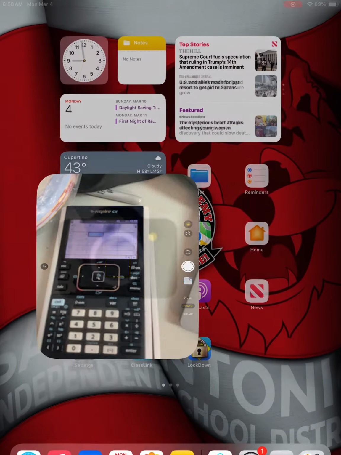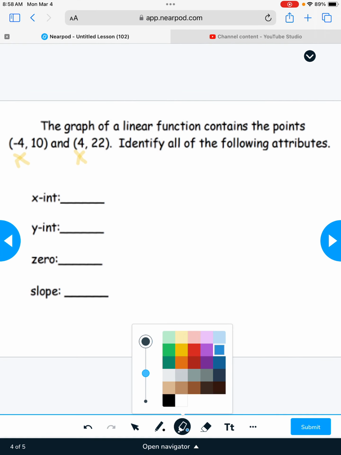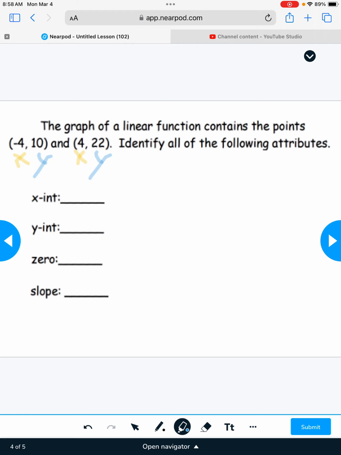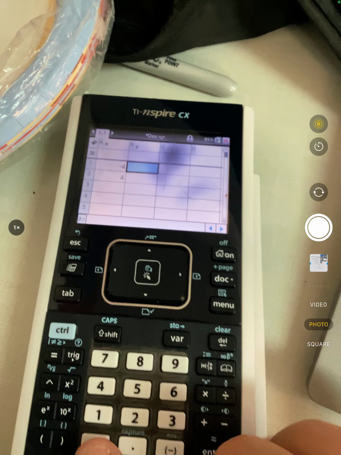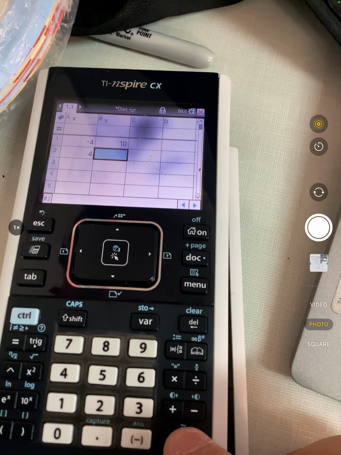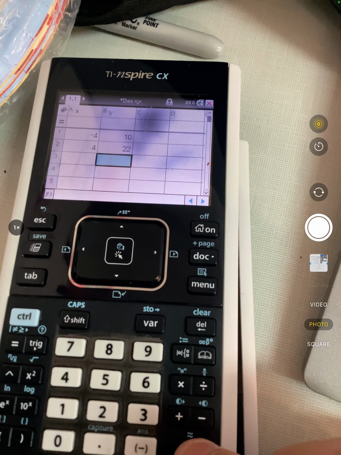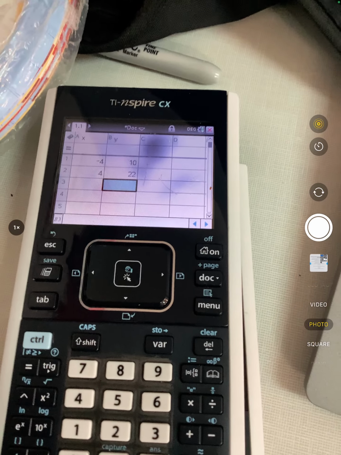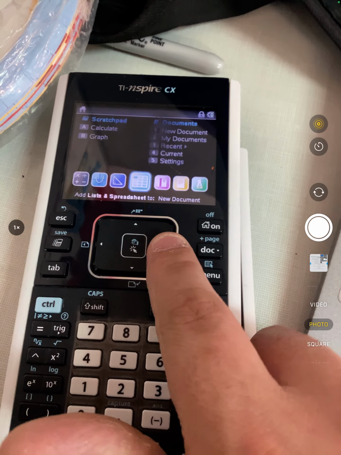Once again, I run back to my screen, and I look and I go, okay, there's a Y and there's a Y. So I put my Y and my Y there. My 10 is paired with my negative 4, and my 22 is paired with my positive 4. Okay, once I have this typed in, I get to press home, and I go 1 over to where